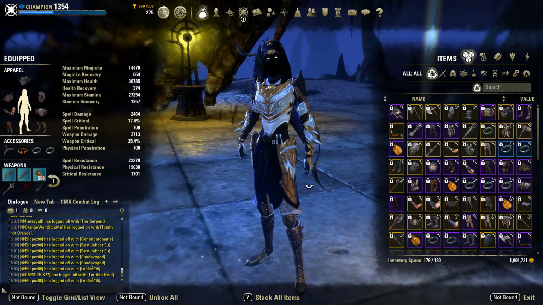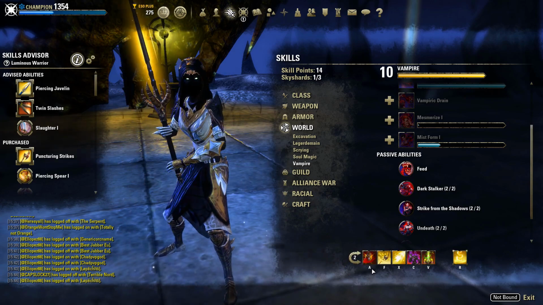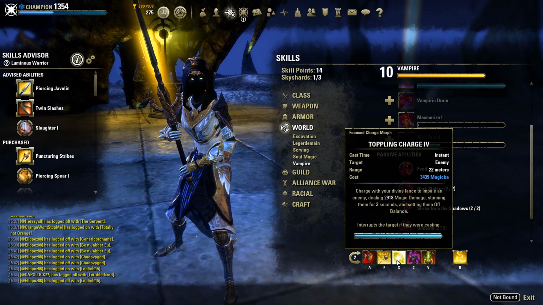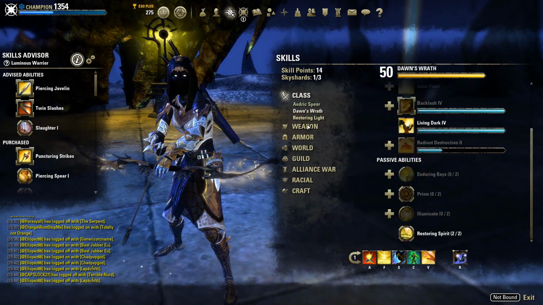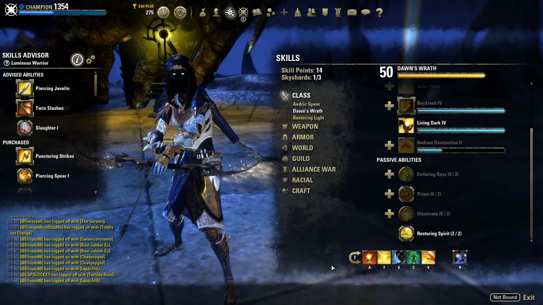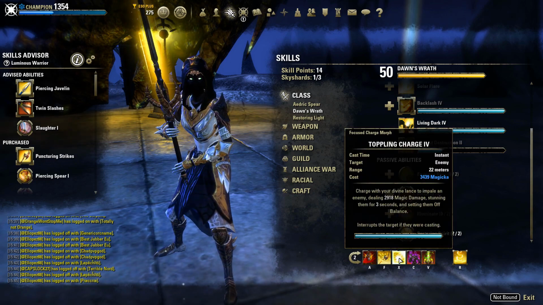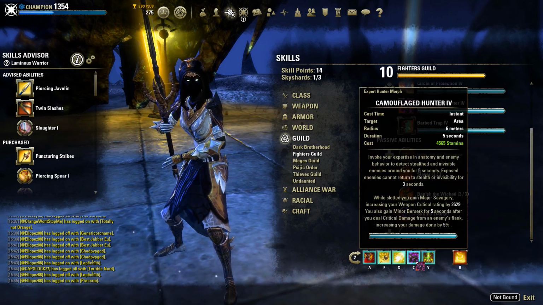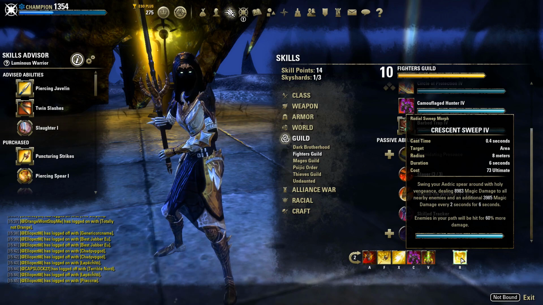Alright, so for our skills, it's just bread and butter for Templar, so Executioner, Jabs, Toppling. You can also use Javelin here and go for Living Dark on the back bar. You can drop Shuffle or you can drop Caltrops. But Toppling is best in slot for Twitch and Bow. Camo Hunter, if you really want to, you can go for Trap, but I prefer Camo Hunter because it's better sustained. Rally, of course, Crescent Sweep,